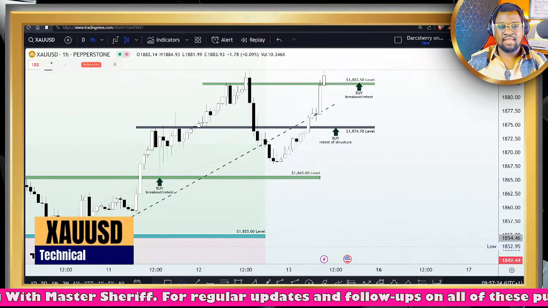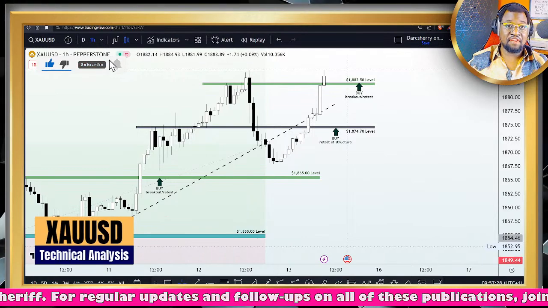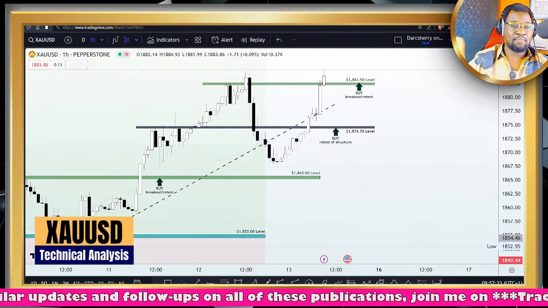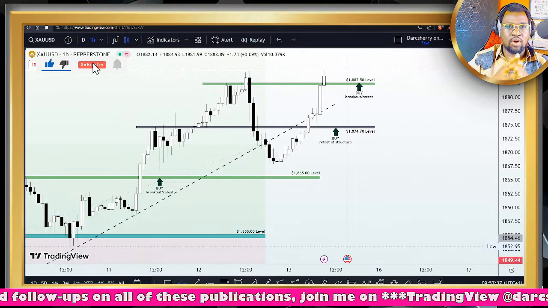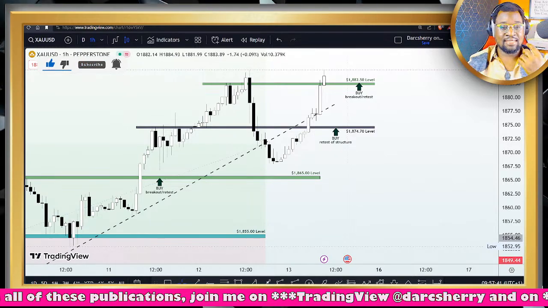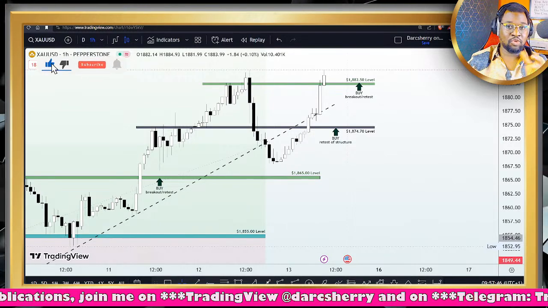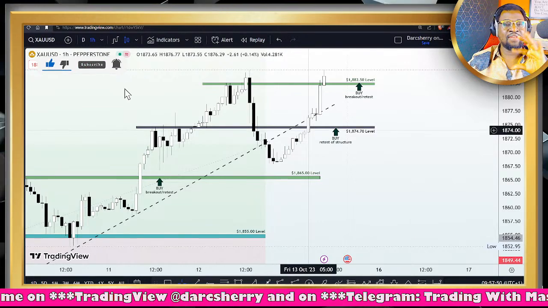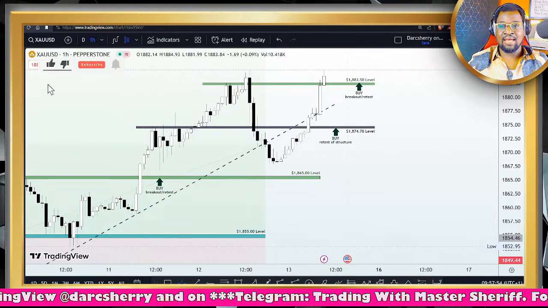So the next asset on our watch list for today's trading sessions is my favorite, and that is the XAUUSD, popularly known as the gold spot. And in fact, I was so unfortunate to meet up with this buy opportunity that started this morning on the XAUUSD. But for those who took advantage of that move, well done to you. It was more of the early hours of today, and I was very much fast asleep when this happened.